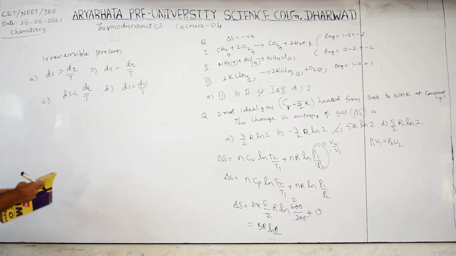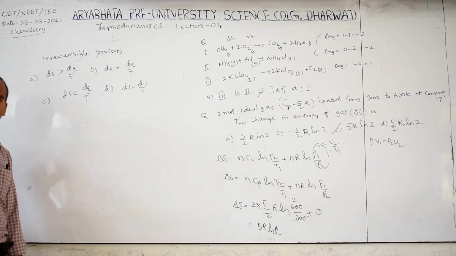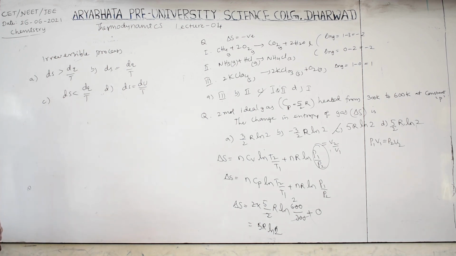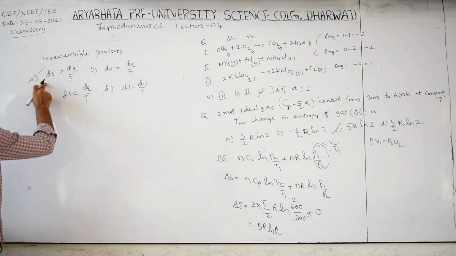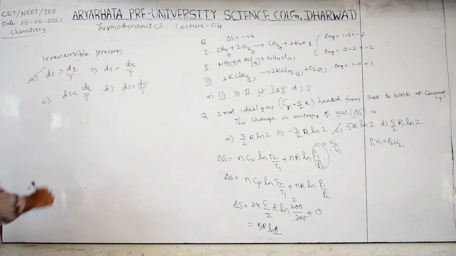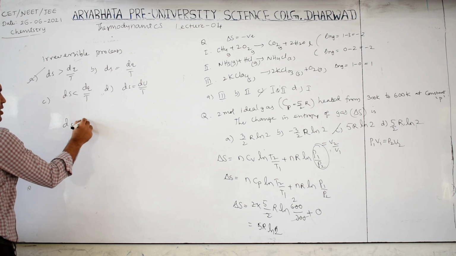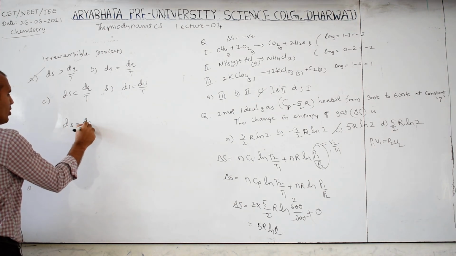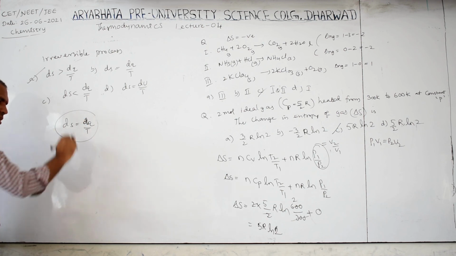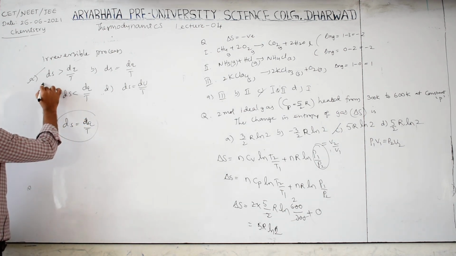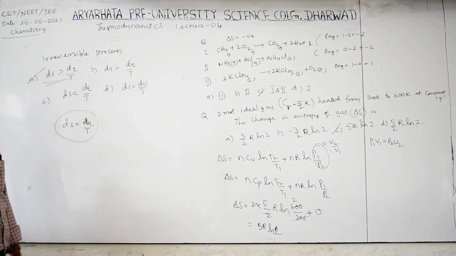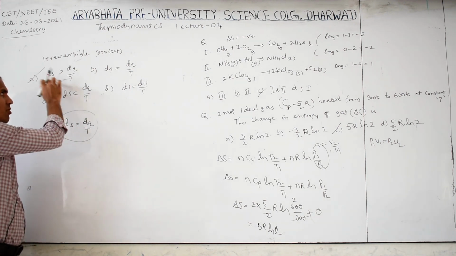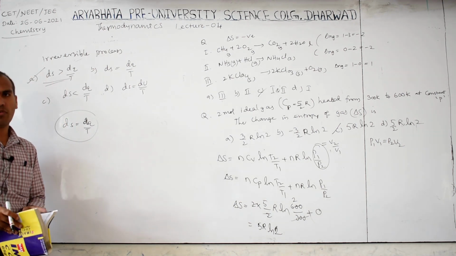Like this given. Irreversible process means what is that? Day by day in the universe entropy increases. In all natural processes entropy will be increased. Entropy increase means that it is a greater value. Therefore this is correct, because delta S is greater than dq by T. But for reversible process, dS is equal to dq by T. So this formula is for reversible process. This is for irreversible process. This is very, very important. This is for reversible, this is for irreversible. Okay. Remaining we will discuss in the next class.